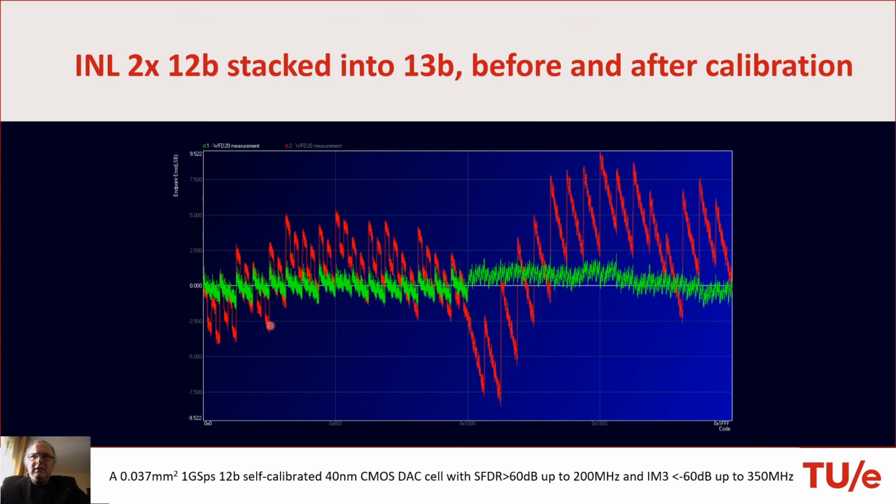So you see here the pattern of a single DAC cell, and we stack on top of it the other. You see that they are different D2A converters, even though they are adjacent to each other, and their gain errors are different, and their pattern here in the binary current errors are different. However, if we run the calibration, they are aligned. So yeah, in real life it will not be used like this, but this is just to illustrate the big mismatches that exist between DAC cells and how the calibration can help.